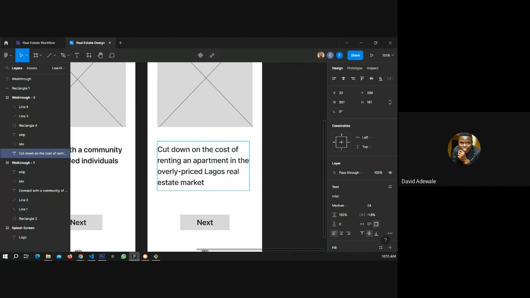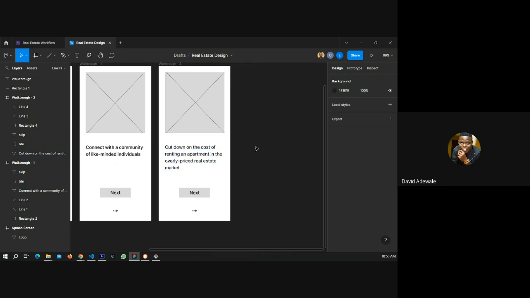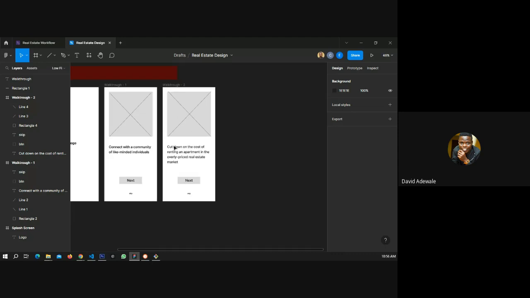Cut down the cost of renting an apartment and the overly priced real estate market. Yeah, you can see the beauty of having your flows, because if you don't have these flows, it's very difficult for you as a designer to have all these text and all these words.